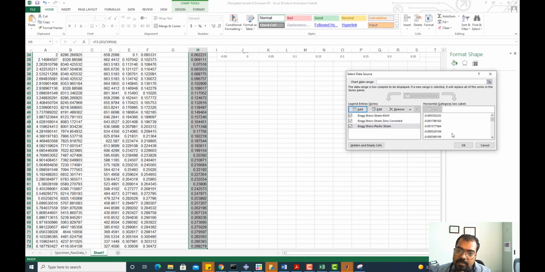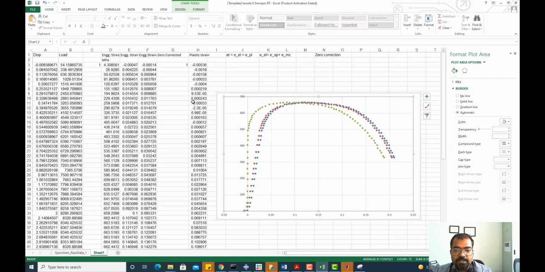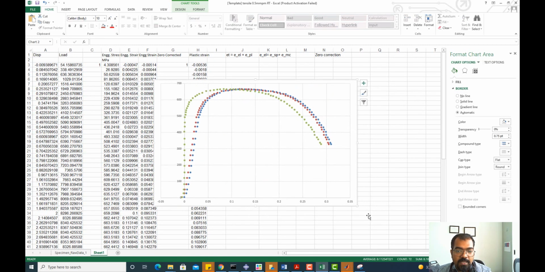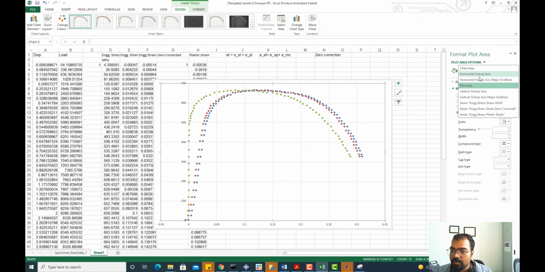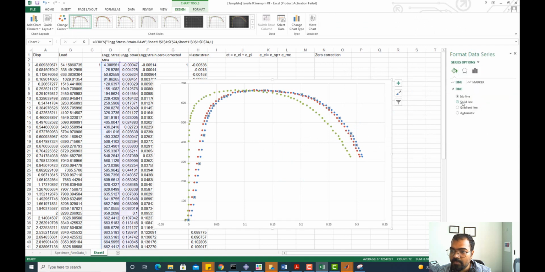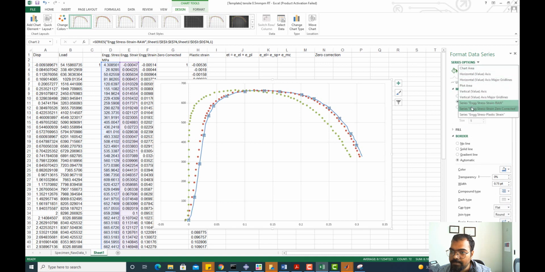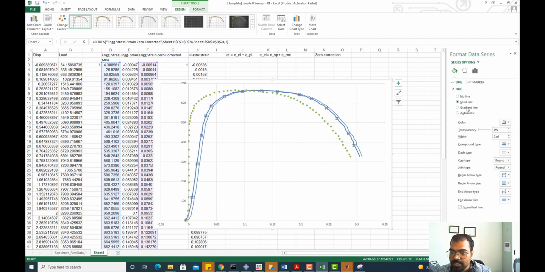And now what I want to do is change the lines. So now you see what is happening actually. So not like this. I go to the stress strain raw value and draw it as a line, and let us remove any marker, because now you have seen how it looks. So I'm just changing those to different lines,